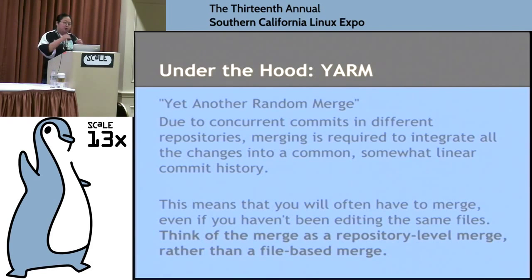It's not about merging the files. It's about merging two states of the repository so that the version control system, instead of seeing these two different lines of development, now sees one line of development. And if you get into the directed acyclic graph, if you learn more about directed acyclic graphs, it's